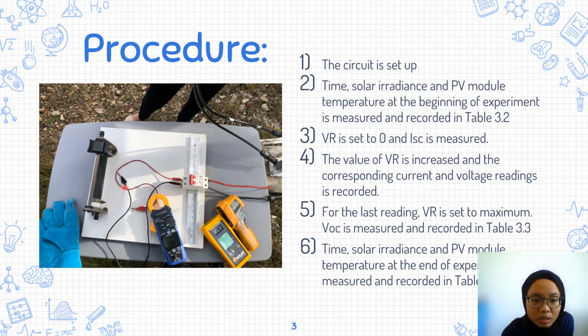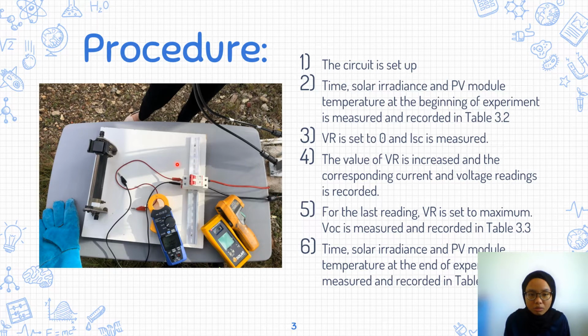So this red wire will be connected to the voltmeter and also the black wire. It is connected here, and there will be another wire connected to the variable resistor, and the pyranometer will be hung here to detect the solar irradiance. So in table 3.2, the data is measured and recorded of time, solar irradiance, and PV module temperature at the